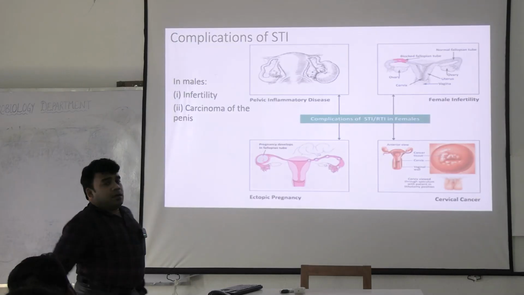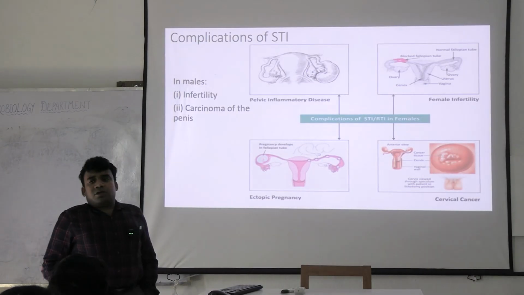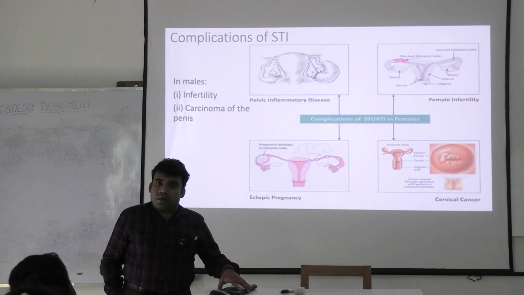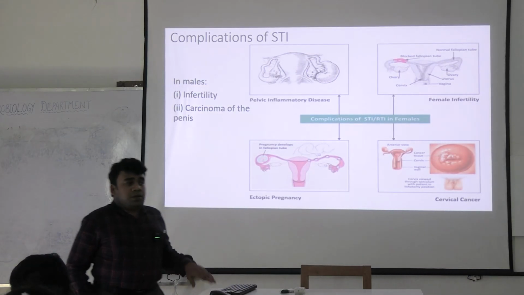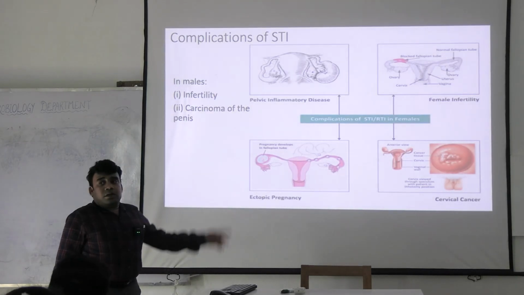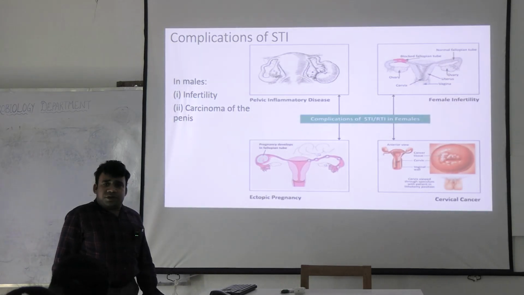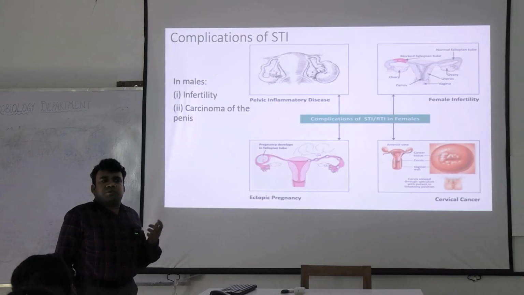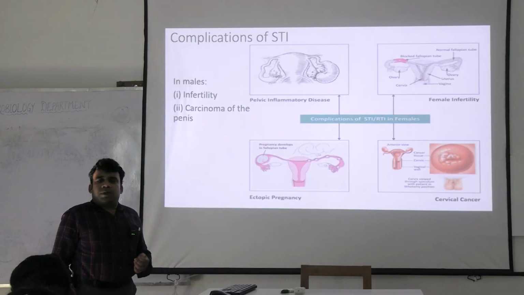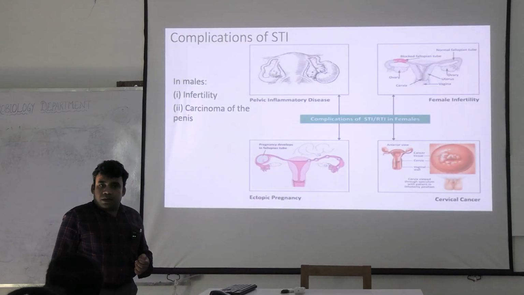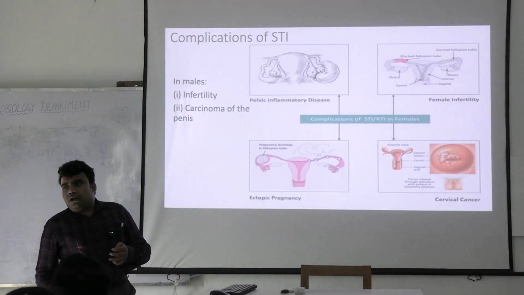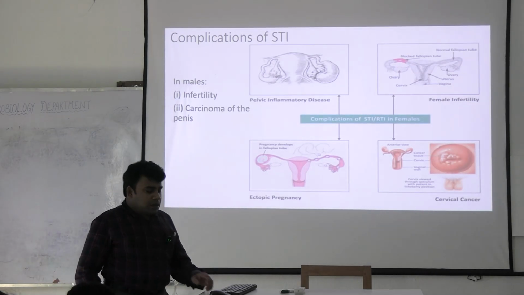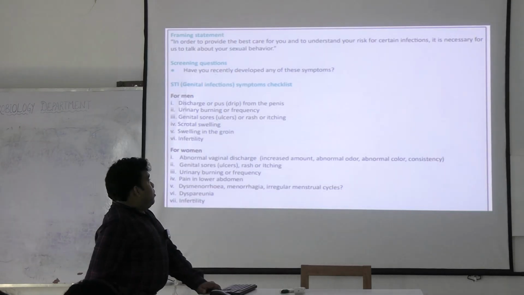Now coming to the complications, what are the complications that might occur if you fail to treat at a proper time? In females, the important complications would be, especially in case of pelvic inflammatory disease, structural or organic damage to the reproductive organs, which may render the woman incapable of conceiving. So even if the patient gets better after treatment of the infection, the sequelae may make her infertile. This is a very common problem.